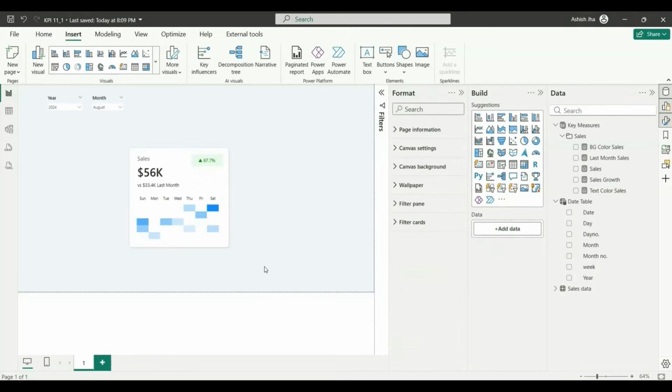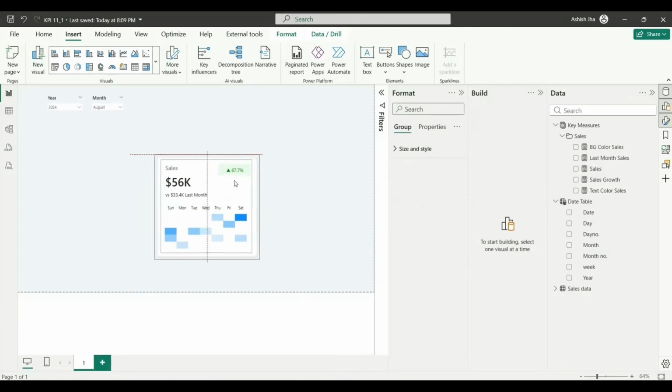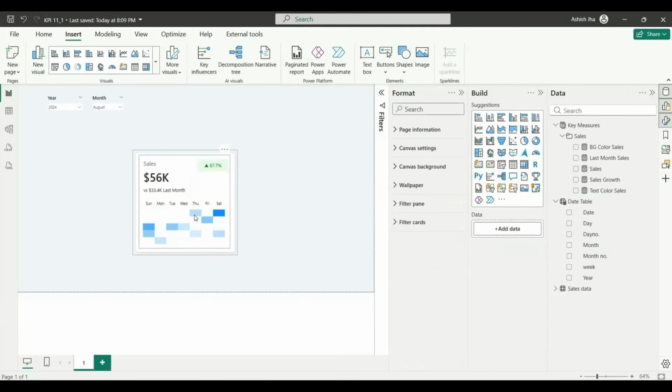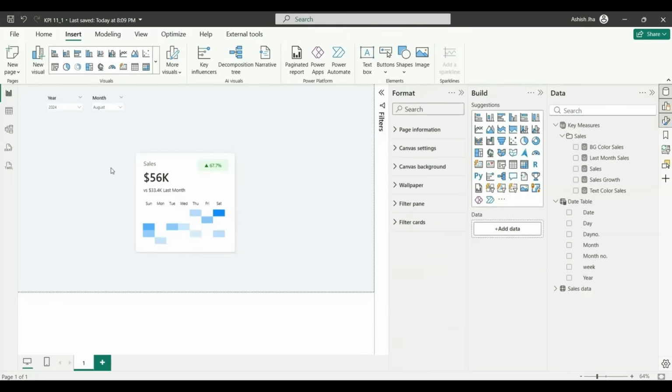Now what we can do is, we can just select everything and press Ctrl G to group it, and we have our KPI which can be duplicated, and we cannot click it anywhere so that it will not filter and just show the heat map. So this shows the August month sales, and we have like 67% in sales growth, and in the first week only we have got most of the sales. If we see for September, it shows the decrease. The sales has decreased 2.5%, and you can see most of the sales are happening in the last 2